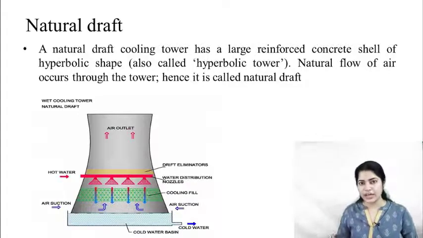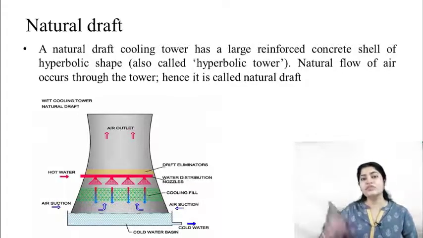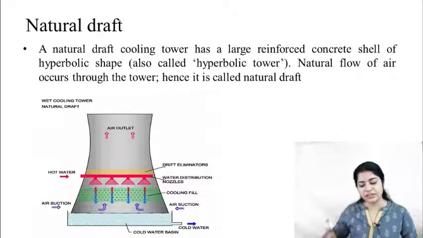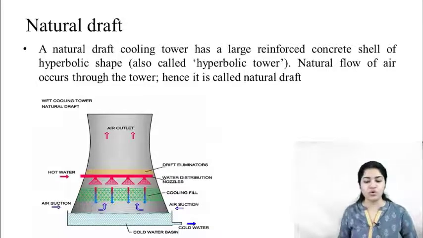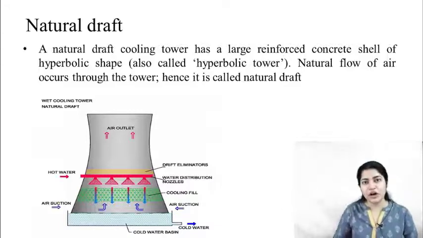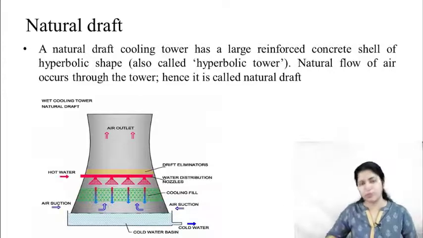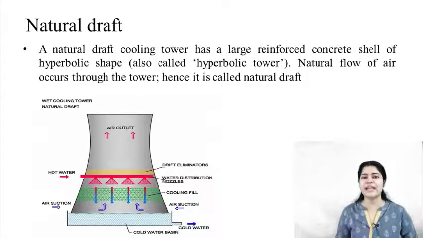Hot air moves upward and displaces, and instead of that hot air, cooled air now comes into its place. This way circulation of air occurs. Because its density decreases, hot air moves upwards and cold air comes in again. Now the use of the hyperbola is what? It provides easy flow for the air to pass. It creates a good pressure difference, and because of the pressure difference, your air is able to move from bottom to top. This shape helps cause natural circulation of air.